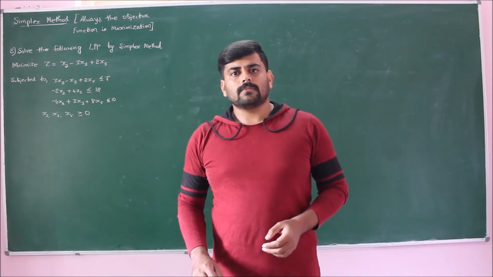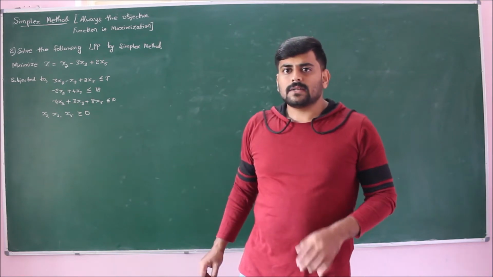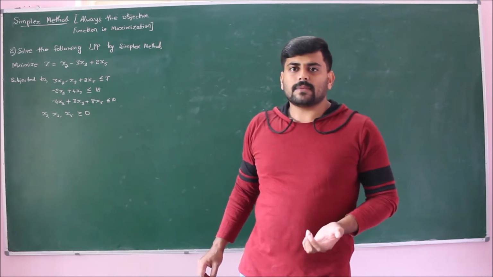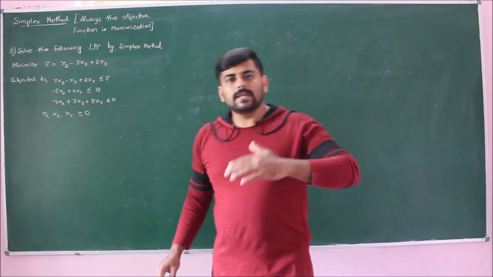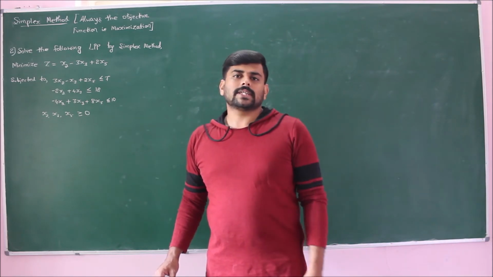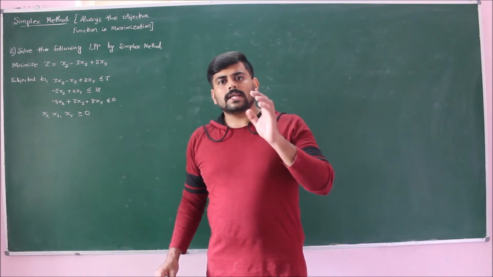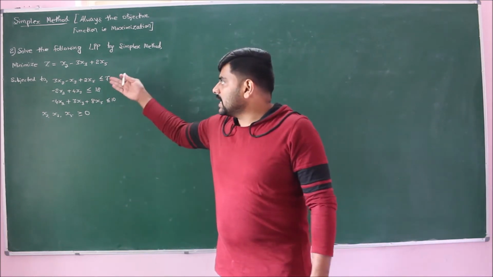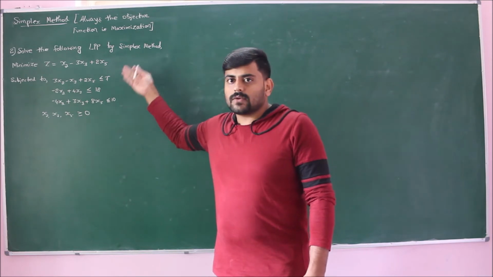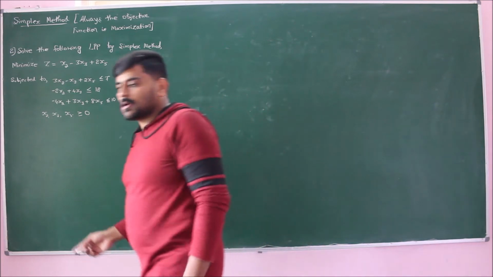in the standard form. Since the objective function must be maximization, I already explained in our previous lecture how to convert a minimization problem into a maximization problem just by multiplying by the negative sign on both sides. And also for the simplex method we should have only slack variables. If you observe, LHS is less than or equal to RHS for all the 3 constraints given. So let us solve this problem.